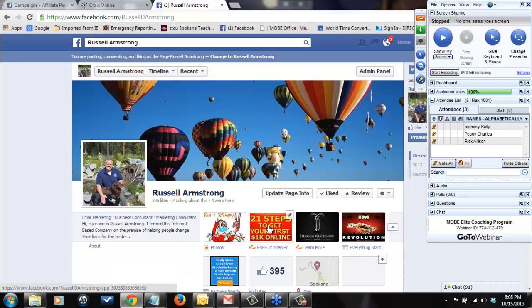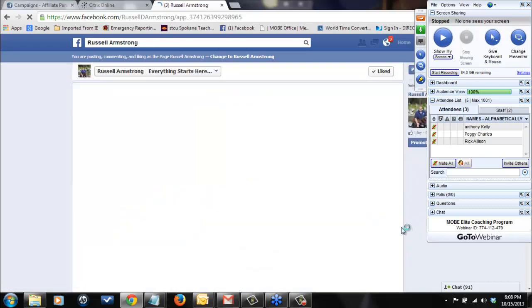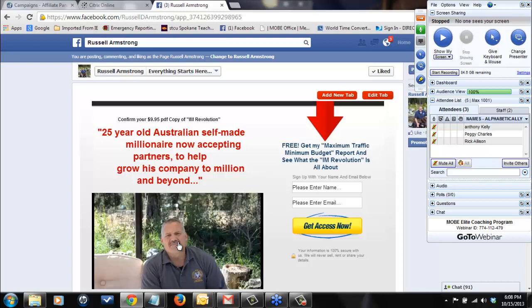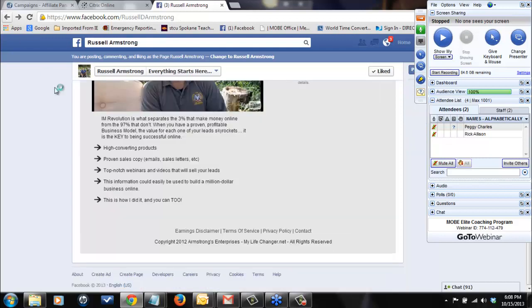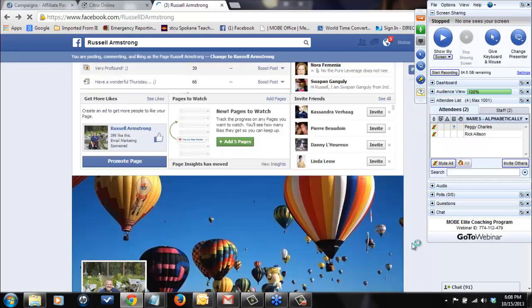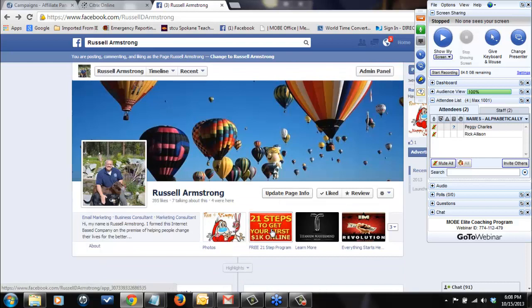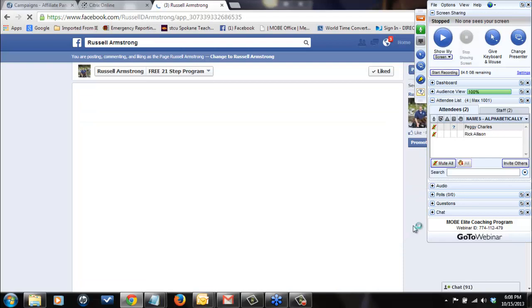If you click on a tab here, you can go to various pages, such as a capture page. Here's a tab that I've had for a while on my page, which is a capture page for I Am Revolution. There are also some different companies or applications, and that's what I'm going to discuss today as to what you can go to. Another tab that I have here will go to